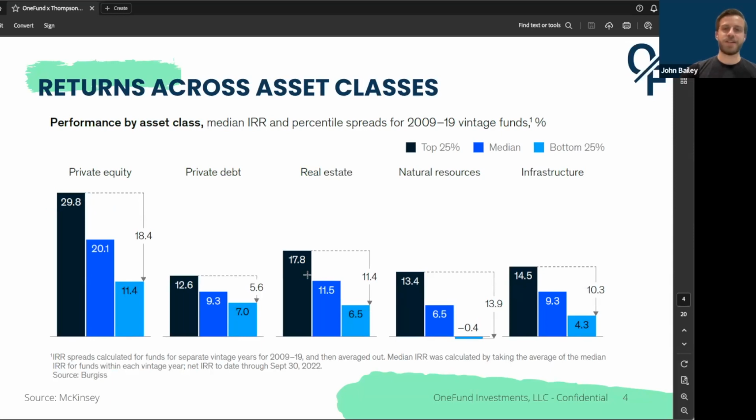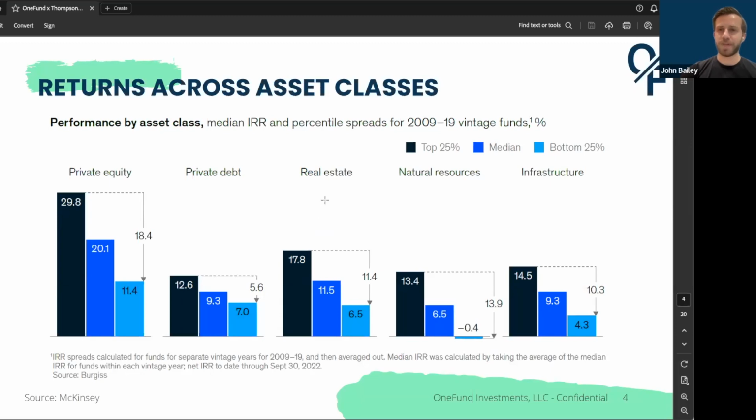What I'm sharing here is returns across asset classes in alternatives, so kind of varying liquidity. And the main takeaway here is that, over this 10-year period that was looked at in the data, and over a 25-year period that Cambridge Associates looked at in their most recent report, private equity has generally performed better on an IRR basis than other asset classes.